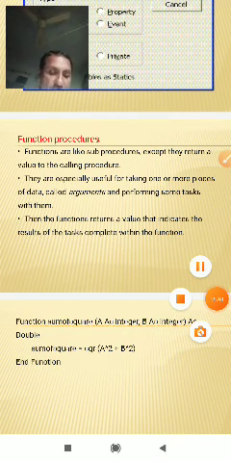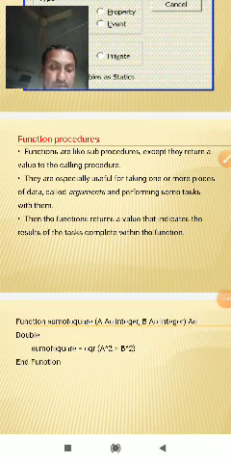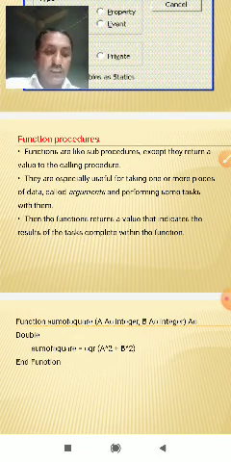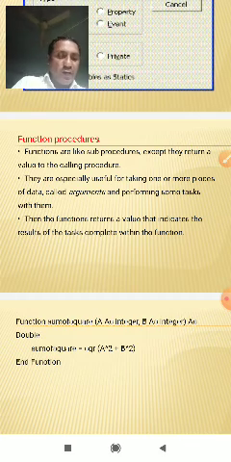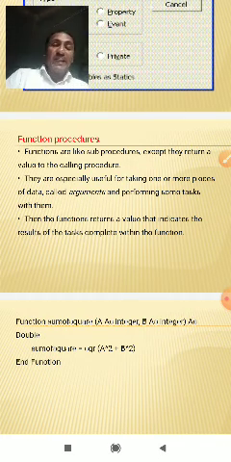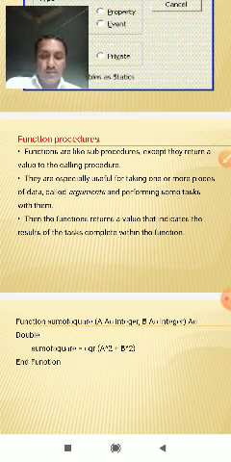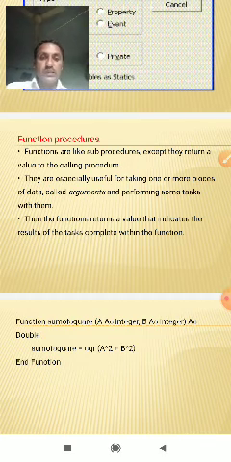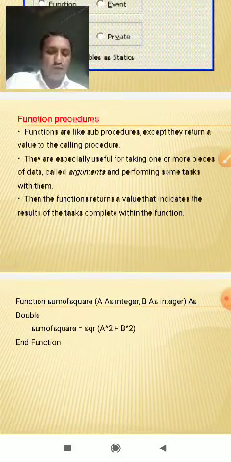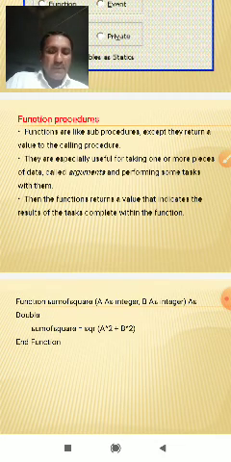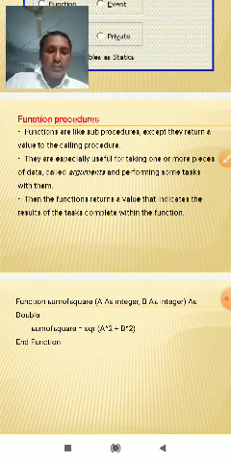And next one, function. A function procedure returns a value to the calling code. It returns to the calling code. When the procedure is called from some other place in the code, this is known as a procedure call.